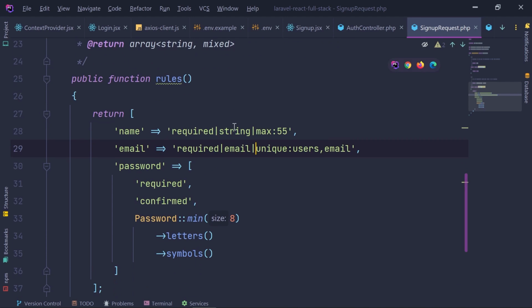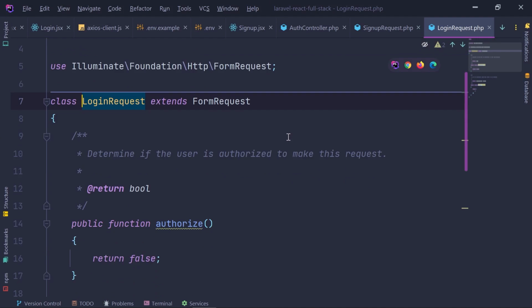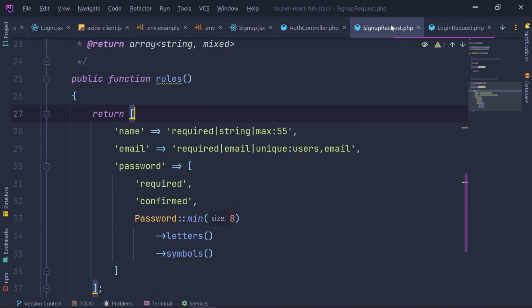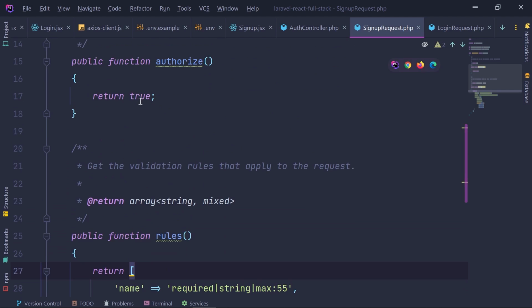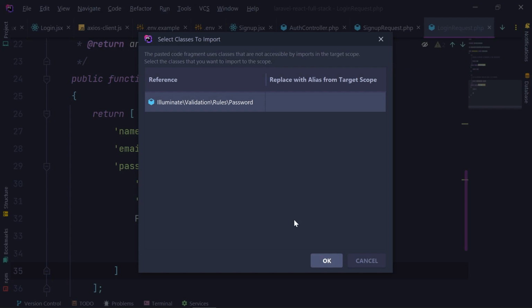Okay, I think now we have the sign up request ready. I'm going to copy this, open login request, and change this authorized into true. Make sure you change authorized into true in both the sign up request and the login request. Then inside the rules, we don't need